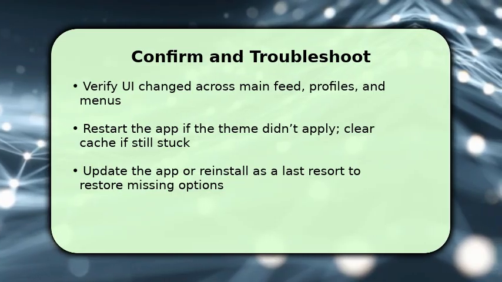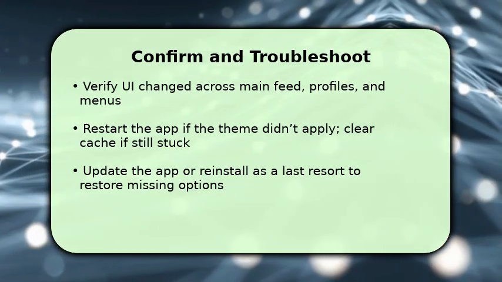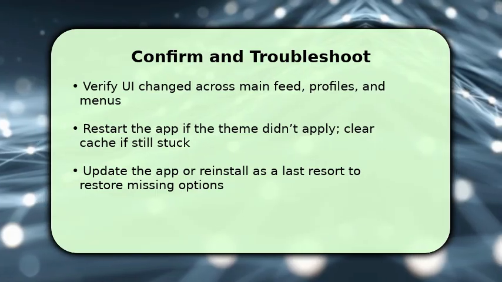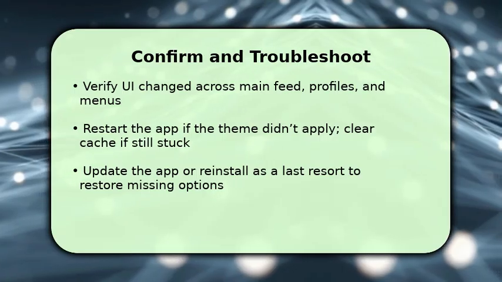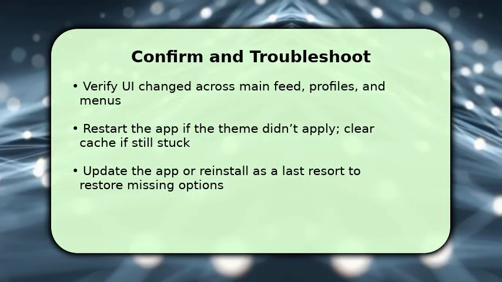Make sure the app is updated. Older versions might lack a dark mode toggle. As a last resort, reinstall Facebook Lite. This resets files and usually restores missing settings. If problems persist,